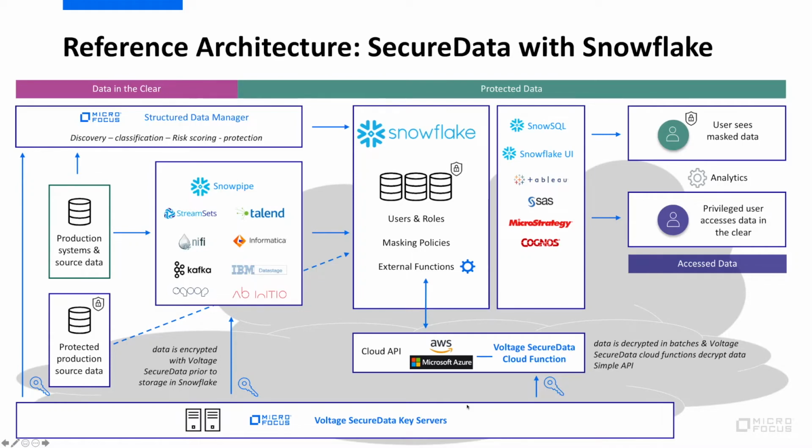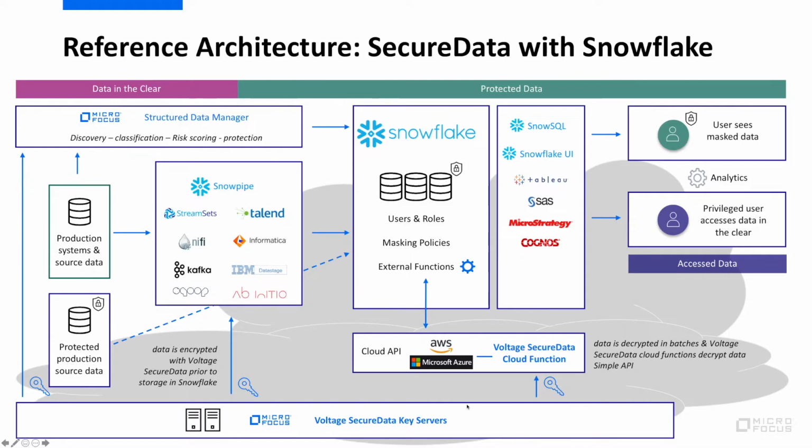That can happen in many different ways through traditional ETL tools. This data could actually be protected already using Voltage SecureData closer to its source origins. Our own structured data manager can help with the discovery and classification of sensitive data and then trigger the protection, the encryption, tokenization of the data with SecureData. But many of these options would be preferred to protect data before moving that data to the